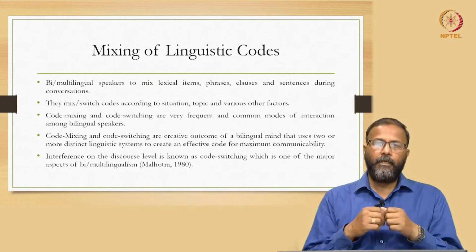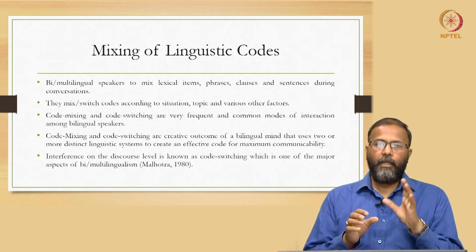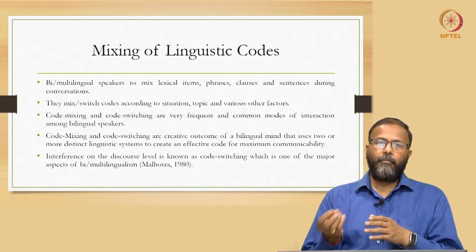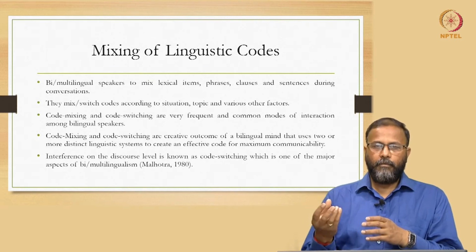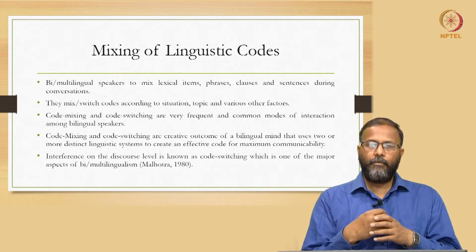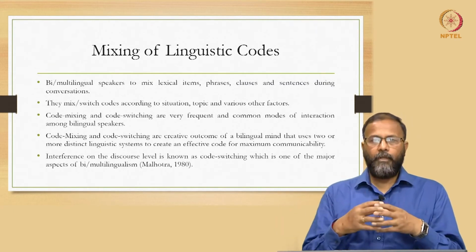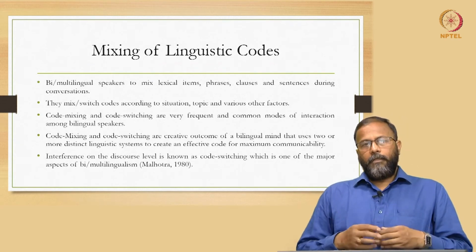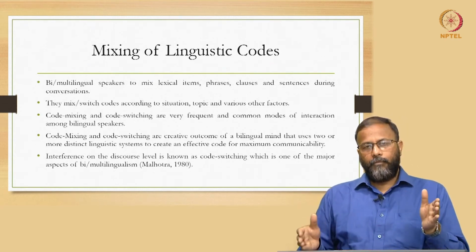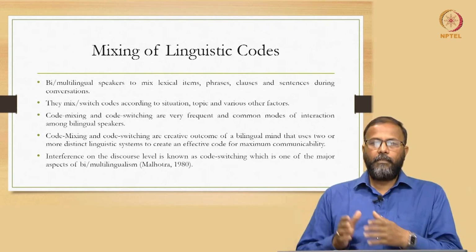So the sentence is taken as a unit, and in a sentence of L1 or language A, we insert or bring in words, lexical items, expressions and clauses from language B, L2. So L2 and L1 are mixed. But if it happens beyond the sentence, where the whole sentence is replaced by a sentence from language B